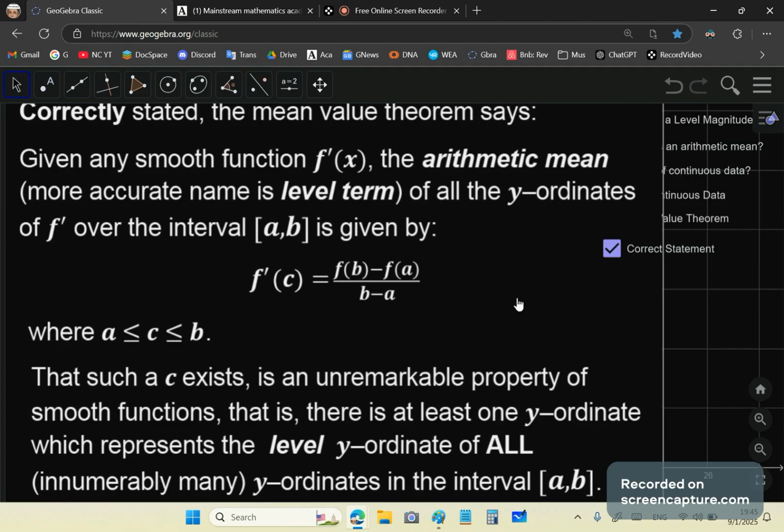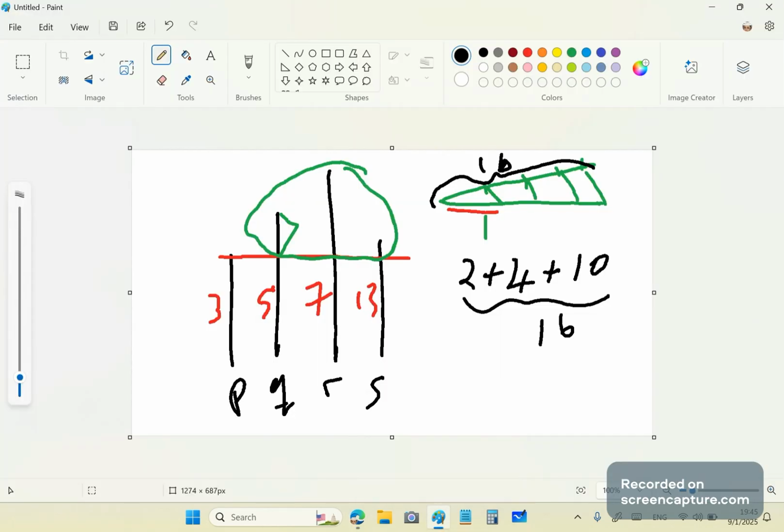So this is the correct statement. The fact that such a c exists is an unremarkable property of smooth functions. Okay, there's always at least one y-ordinate which represents the level magnitude of all the y-ordinates in the interval AB. So what the mean value theorem is telling you is that if, let's get a new